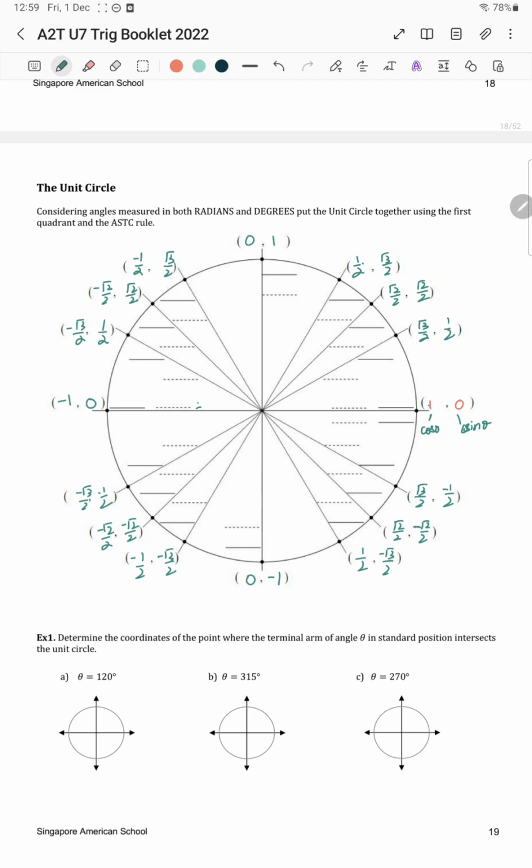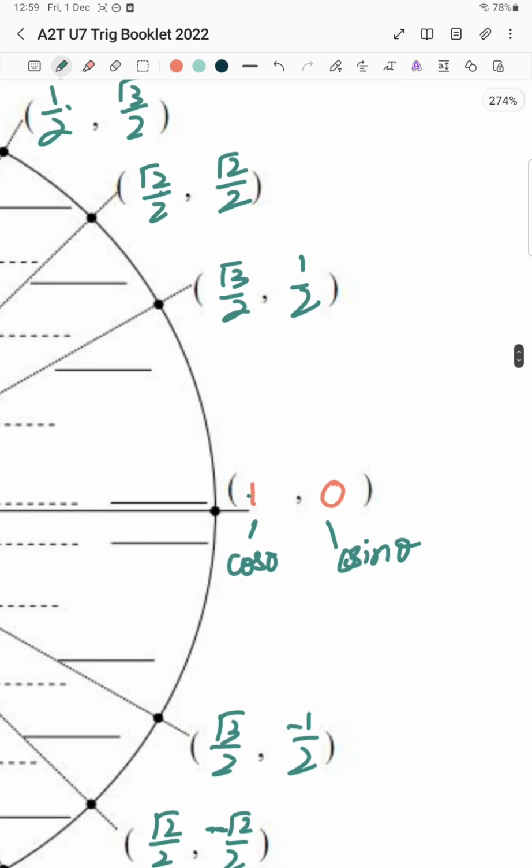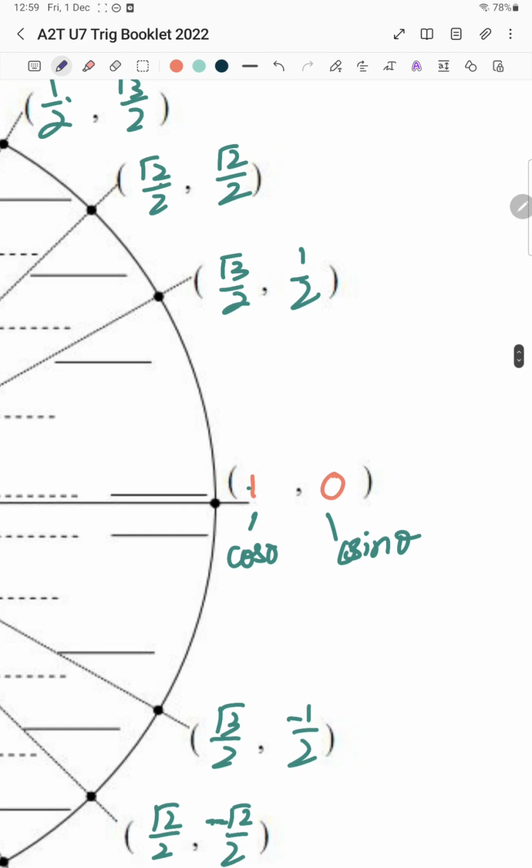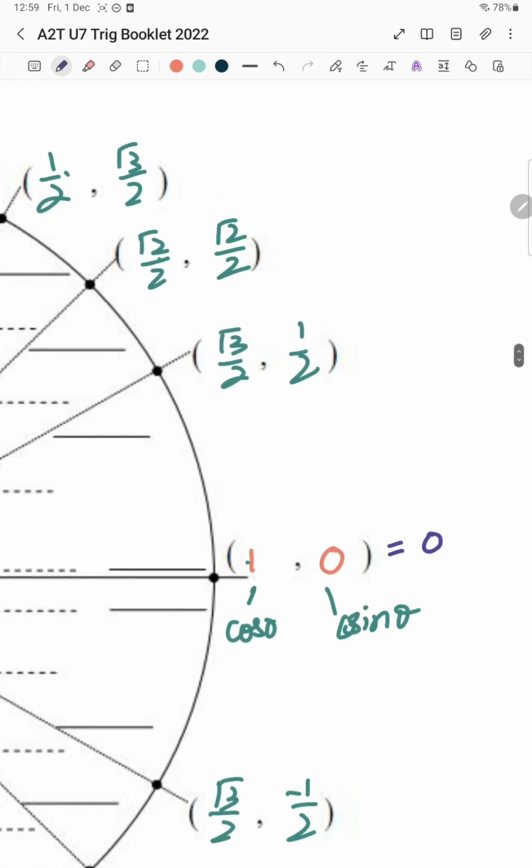अच्छा, अब हमने tan theta नहीं लिखा, हमें sine और cos तो पता चल गया, but now we are going to write about tan theta. So tan theta क्या होगा, tan theta होता है sine theta over cos theta. So 0 by 1 is equal to 0, 1 by 2